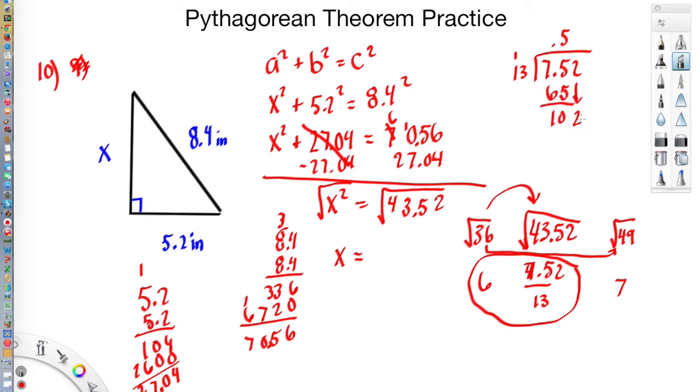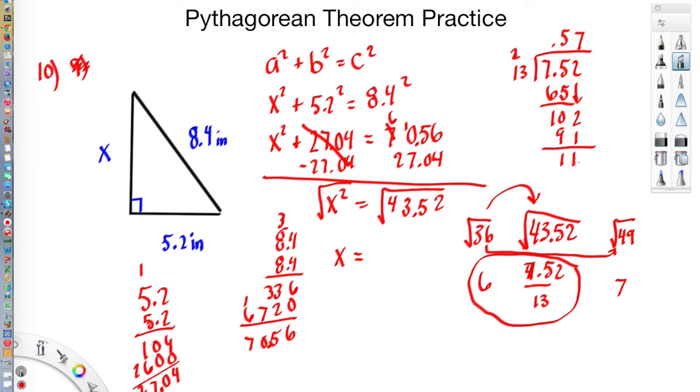I bring down a 2. 13 goes into 102. Well, it's going to be 7. 8 times would be a little too high, so 7 times. 7 times 3 is 21. Carry the 2. 7 times 1 is 7, plus the 2 is 9, which is going to give me a